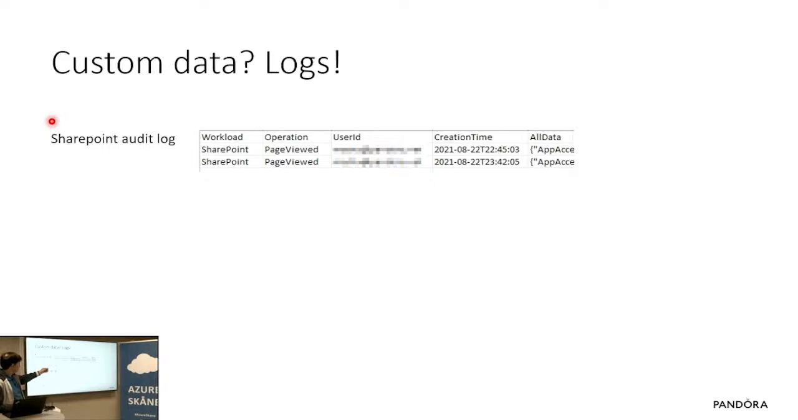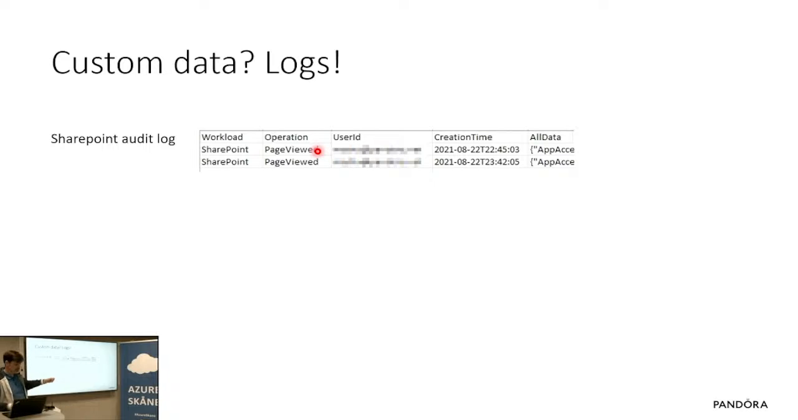If you have admin rights on Office 365 in the full tenant, there is an admin portal, I don't remember the name, in Office 365 where you can download log data from. You can download SharePoint and Power BI. When you download SharePoint from the Office 365 portal, this is what you get: basically a CSV file, where you have the operation, so the name of the activity, page viewed or